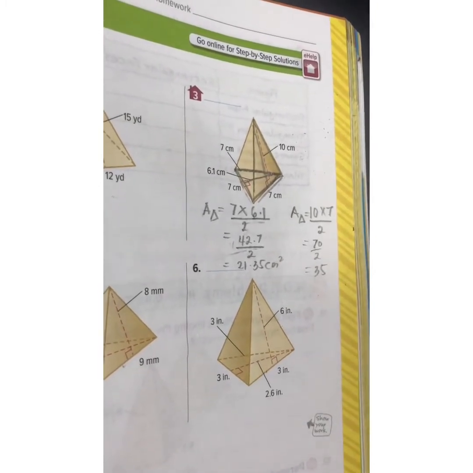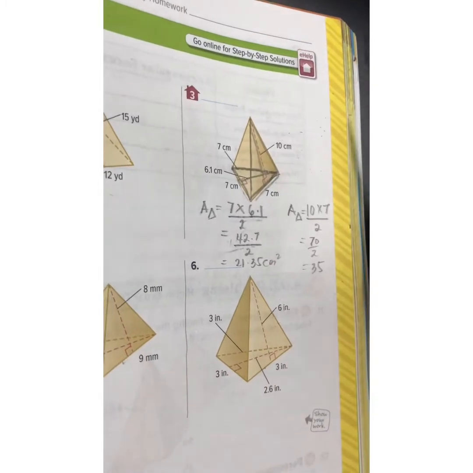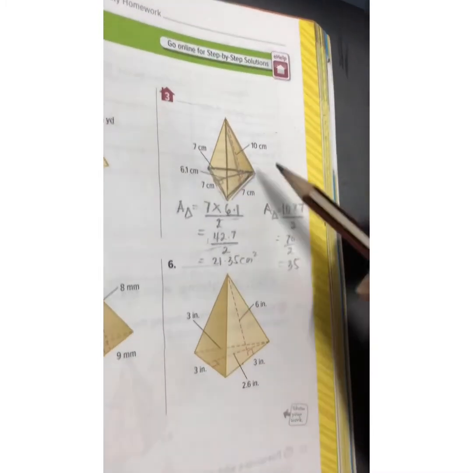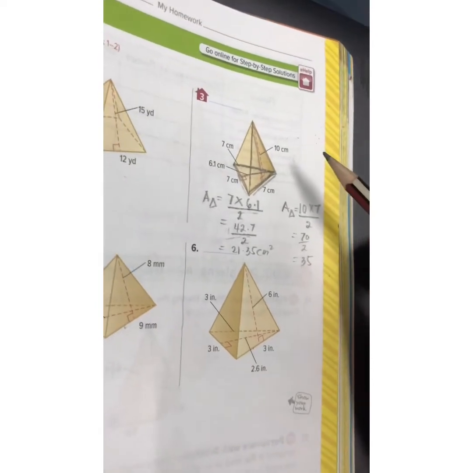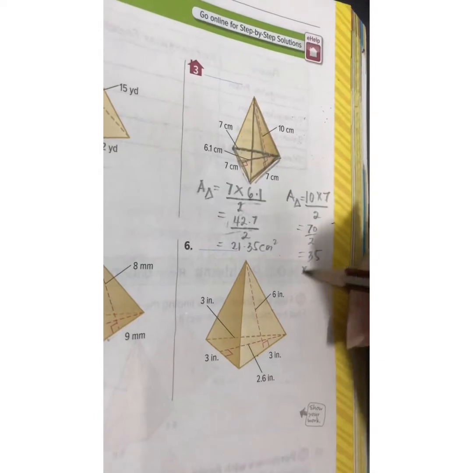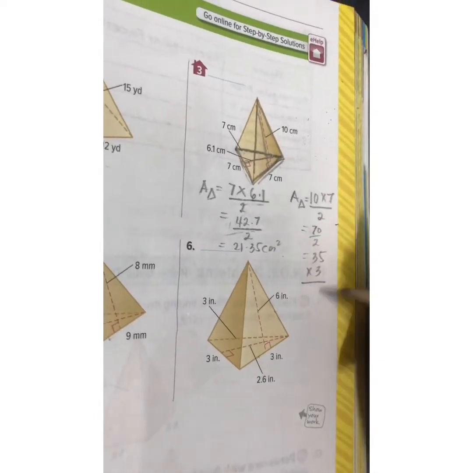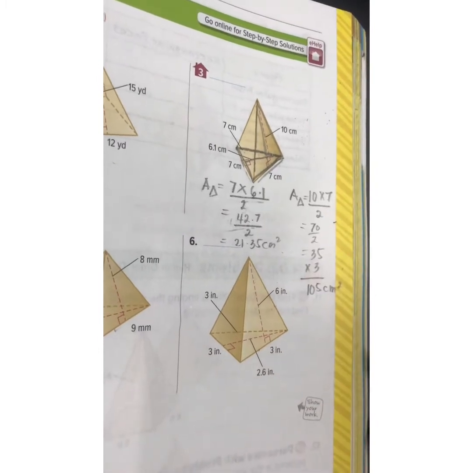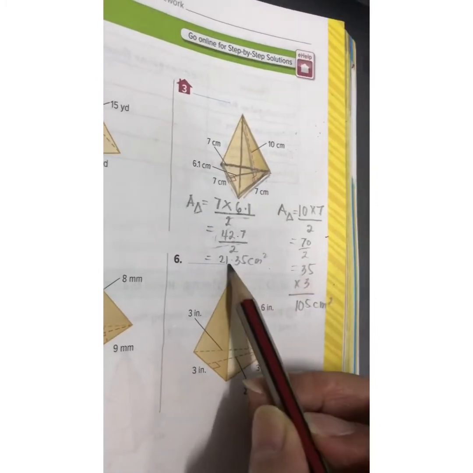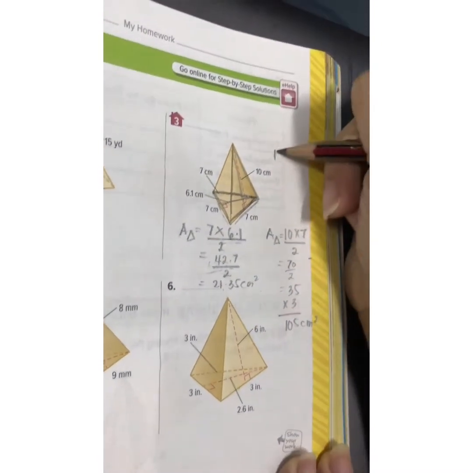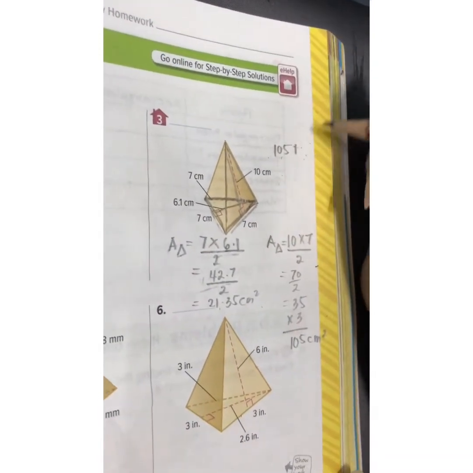Not yet, because we will multiply it by 3 since the lateral faces are 3. Because the base is a triangle, that means it also has 3 lateral faces. So 35 multiplied by 3 will give us 105 cm squared. Then after that, we will add the base and the 3 lateral faces. So 105 plus